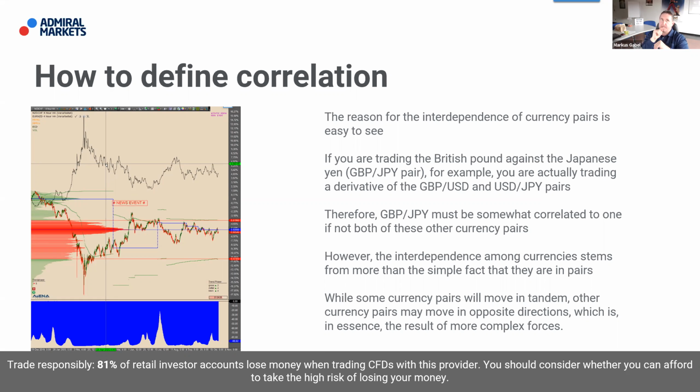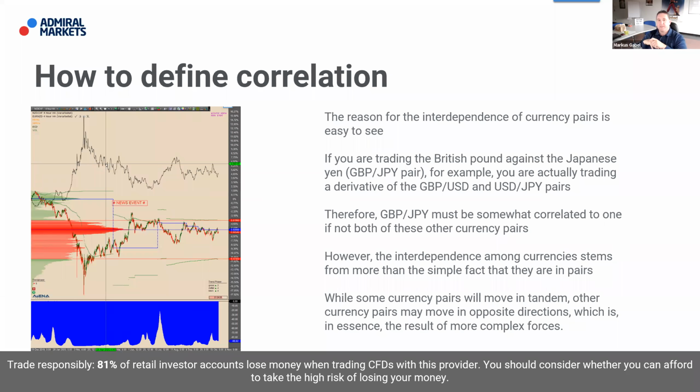For example, good to know, I would say it's the key factor. The dollar is the leading currency around the world. Why? I don't know. A long, long time ago, some people decided the dollar must be the leading currency around the world. So you see, most of the time in currency, you have the dollar in a pair. Euro dollar, Japanese dollar, British pound dollar, Aussie dollar, New Zealand dollar, and so on.